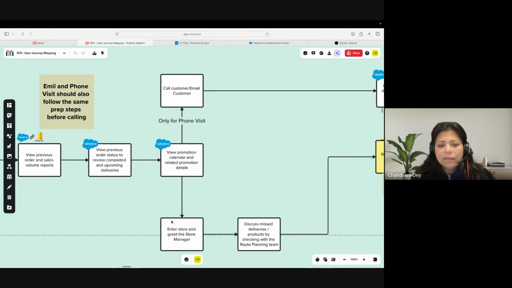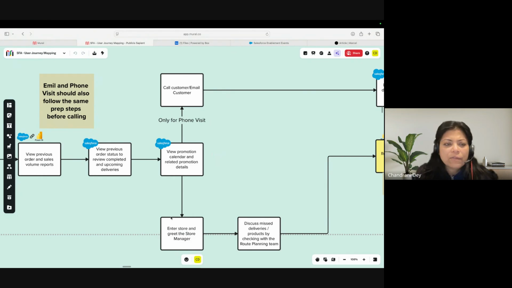So these are the steps of the visits that the sales rep has to take. Sometimes the sales rep, in some businesses, also completes some visits via phone or via email. Even those have to complete the same steps, because when taking and recording the data, they will have to go to the store cockpit and look at all the data. What they will not do during an email or phone visit is look at the map and check what route he has to go.